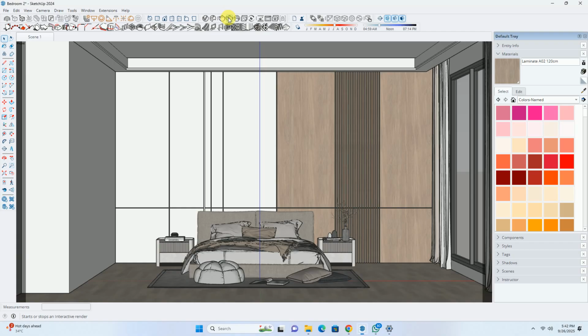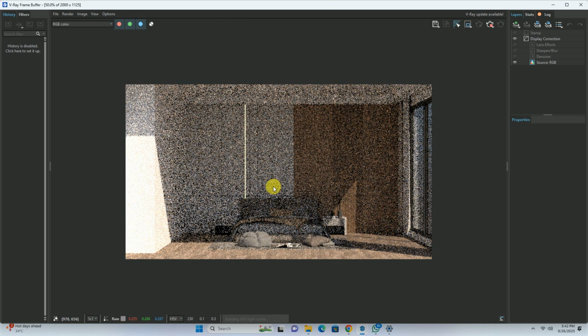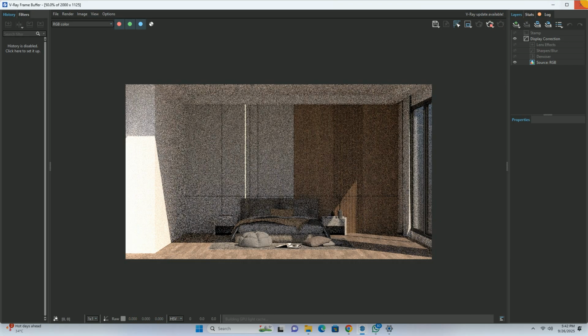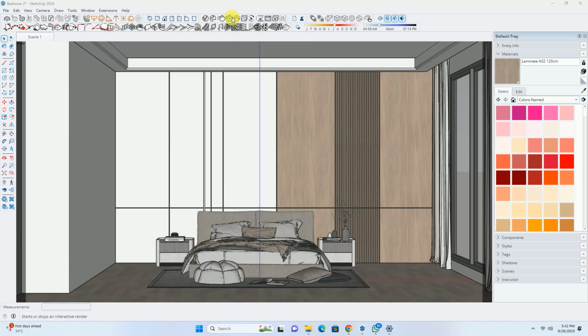What it will do is, when we click on the interactive tool now, you can see that sunlight is still coming through from this point even now. So we'll go to this V-Ray tool option. There's an option called flip light geometry and a fat light. We'll make it on.